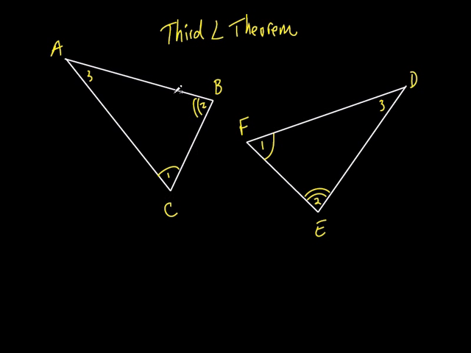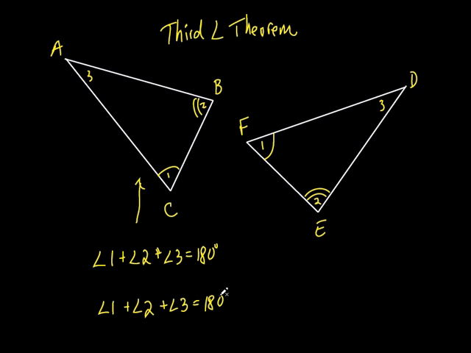Well, remember, all of these add up to 180, don't they? So watch, angle 1 plus angle 2 plus angle 3 equals 180 degrees on this triangle right here. Well, what about this triangle? The same exact thing is true. Angle 1 plus angle 2 plus angle 3 is also equal to 180 degrees. Now look, what's true about the angle,